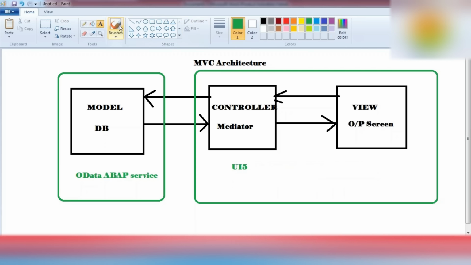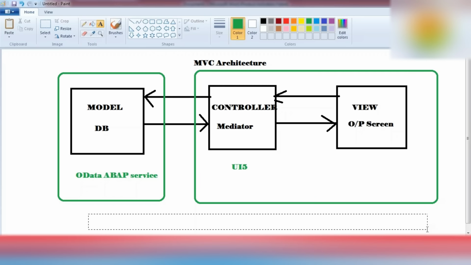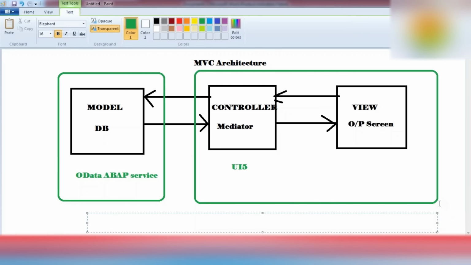So let me just tell you some important tools that we are going to use here. To develop our OData ABAP service we'll be using SEGW. This is a transaction code which we can access from our front end system.